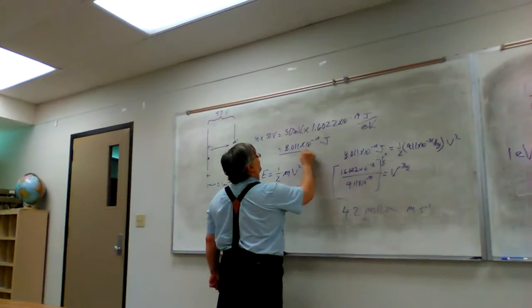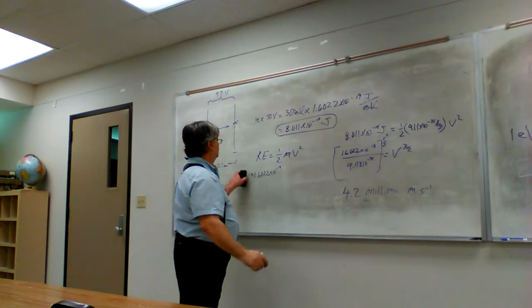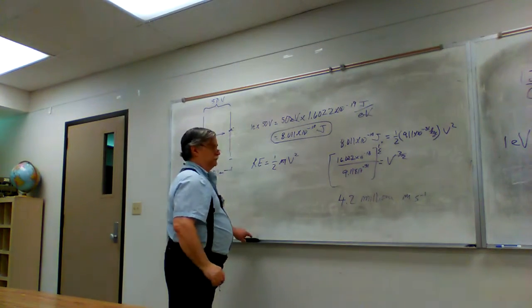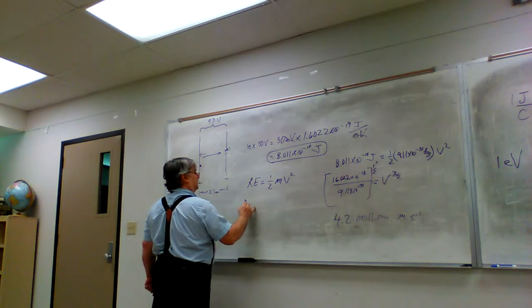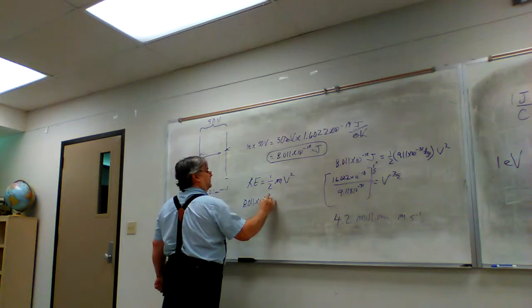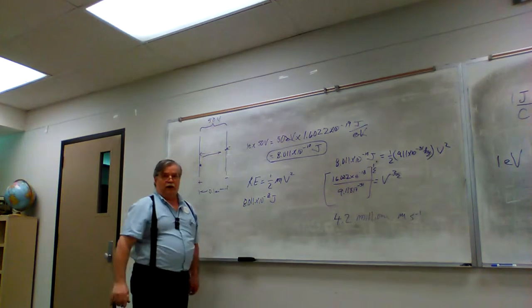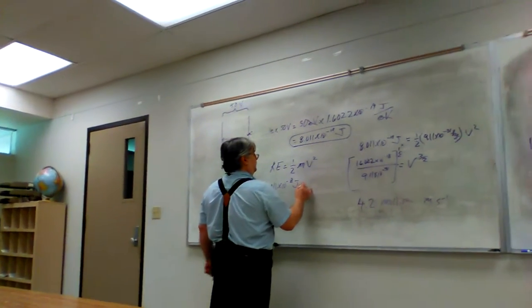It would still get this many joules of energy. But now we're going to have 8.011 times 10 to the minus 18 joules of energy